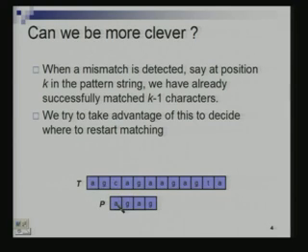Now again, what do we see? We see that there is a mismatch at the very first step. So we cannot do anything, we have to move one step. You have moved one step. Now what is happening? Mismatch at the fourth step, at the fourth position of the pattern, right? Now, should I shift it by one position? Should I shift it by 2 positions? Should I shift it by 3 positions?